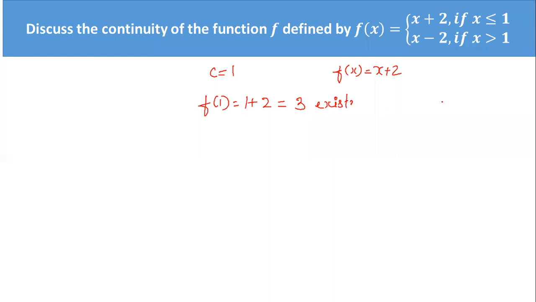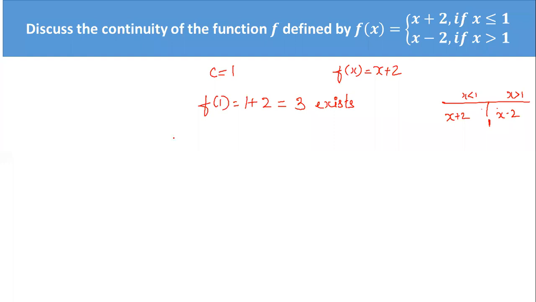Okay. Now, if you see, this is 1. If x is less than 1, the function is x plus 2. And if x is greater than 1, then the function is x minus 2. So you can see there is a change in the function. The function is changing. When we move immediately to the left of 1, the function is x plus 2. When we move immediately to the right, it becomes x minus 2. So what does that mean? When you are checking the limit at x is equal to 1, you have to check for left hand limit and right hand limit.